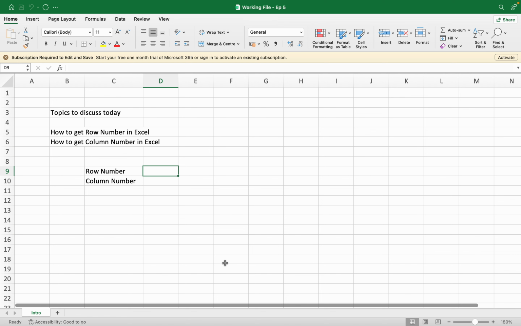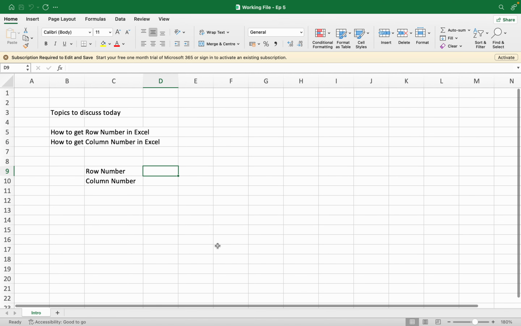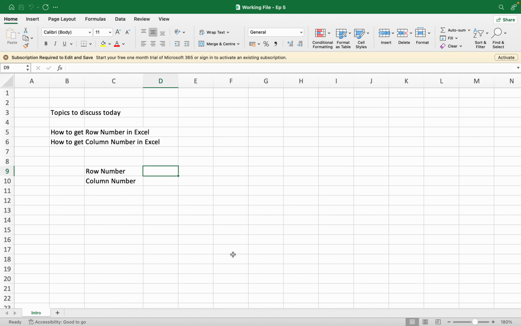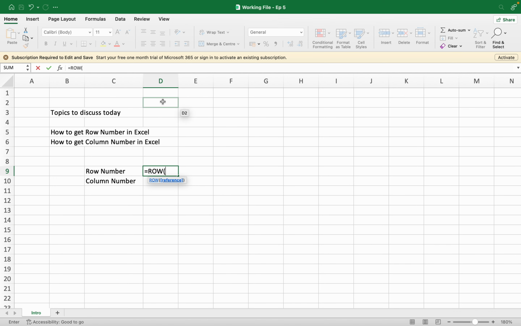So first let's talk about row number in Excel. As you can see, we have all of these row numbers already depicted over here. But let's say if you want this in a particular cell for any formula or anything, what you can do is type equal and then type the ROW function and then open the bracket. Now it is asking for the reference. So let's say I give the reference of D2 and press enter. It is going to give me value 2 because it is giving me the row number